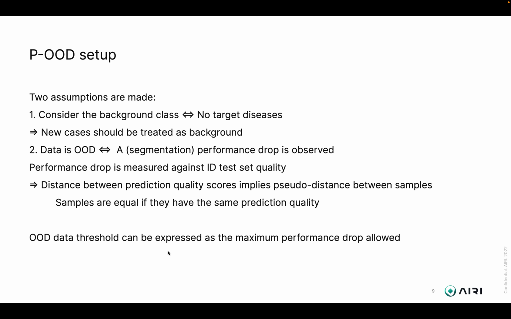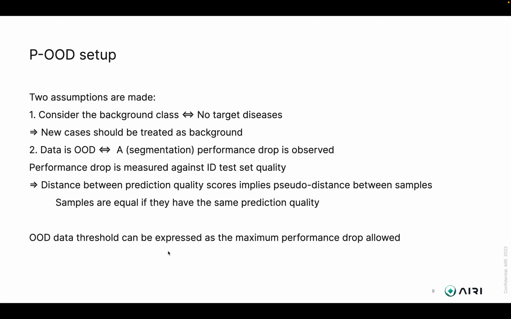To exploit our framework in image segmentation fully, two assumptions had to be made. Firstly, we treat the background class as absence of the labeled diseases. We believe that it represents the actual labeling process, and is better suited than treating the background as healthy tissue. Therefore, we can evaluate model prediction on novel samples, as any prediction should be produced only if the target classes are present. The second assumption is that we treat a sample as out-of-distribution only if it degrades the prediction quality.